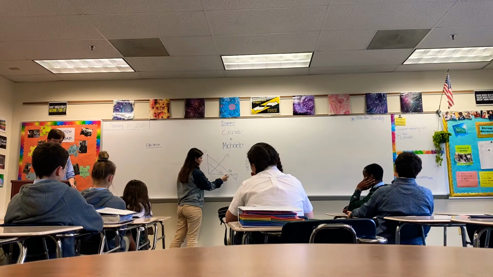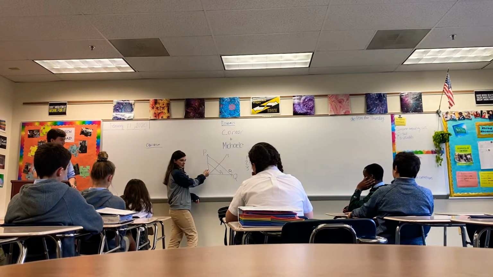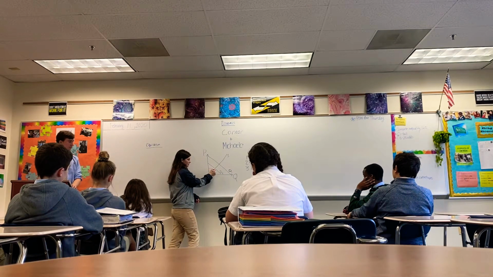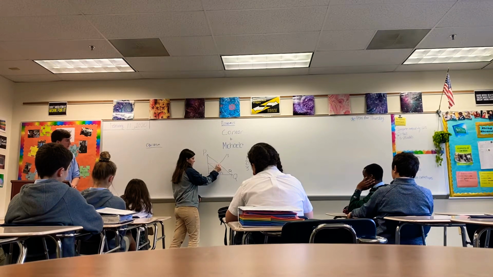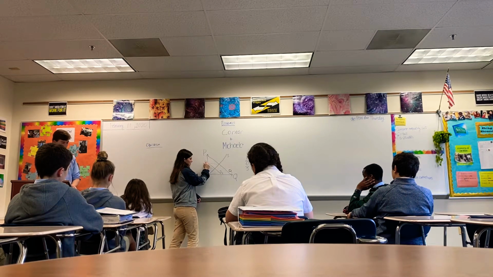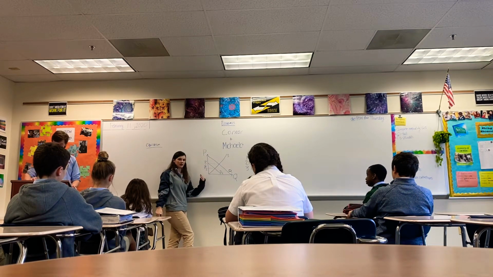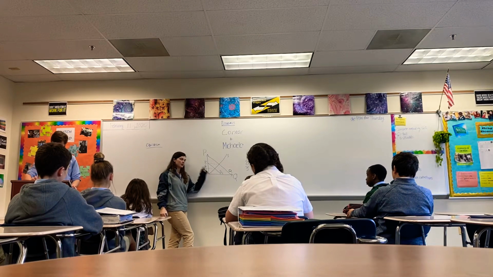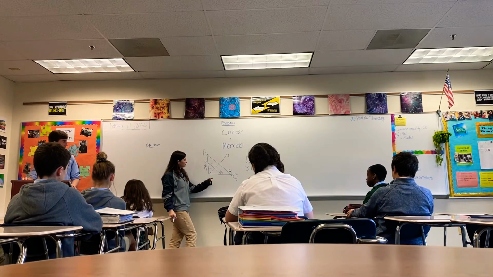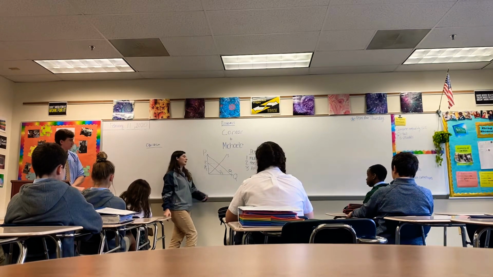So this was the first demand curve. And then what did you say happened to the price? Price would go down. Because they want more people to buy it. There's not as many left. Yeah. So this was the original price. And then since a lot of people moved out of Howard County, the demand shifted leftward because there's not as many people demanding it, and the price went down. Good job.